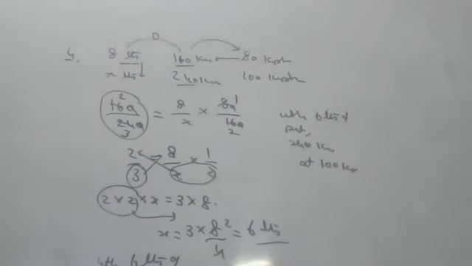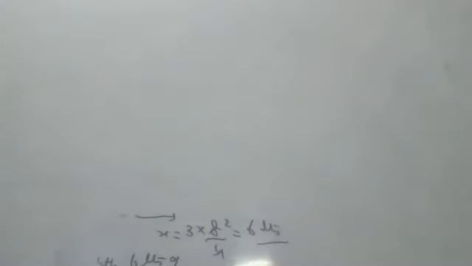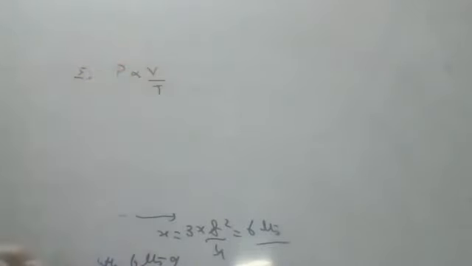Okay, children. Next one. Please copy down along with me. Next sum, fifth sum. I told you in the beginning only, in some questions they will give directly or inversely. In the first 4 we analyzed. In the fifth question, see, children, pressure is directly proportional to volume, he only said, and inversely proportional to temperature. He only said. Please see, children.